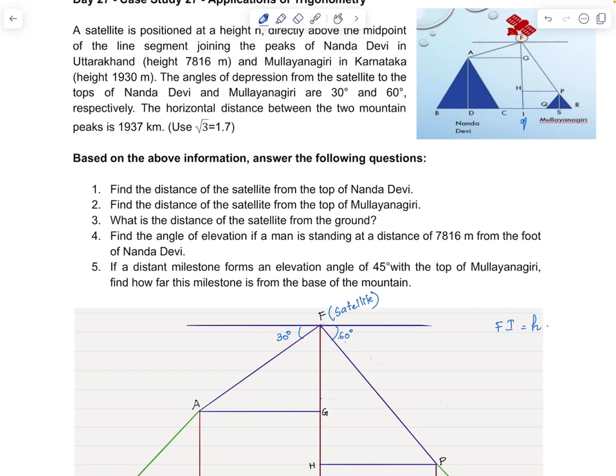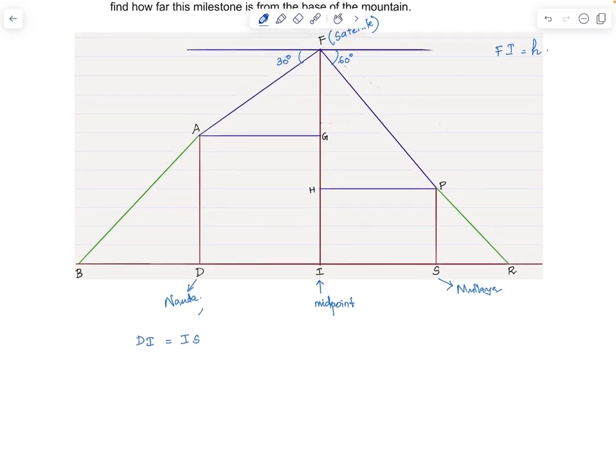The horizontal distance between the two mountain peaks is 1937 kilometers. The distance DS is 1937 kilometers. So DI will be half of 1937 kilometer, which is 968.5 kilometer, and IS is also equal to 968.5